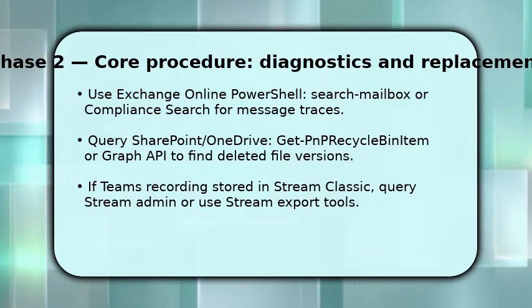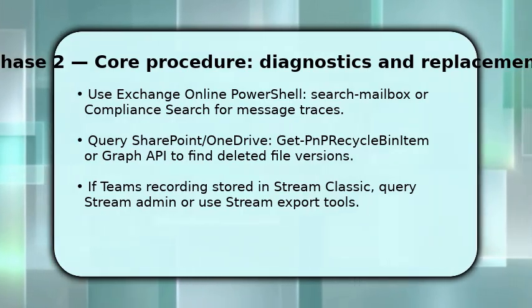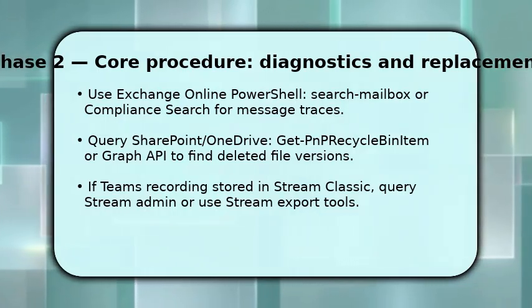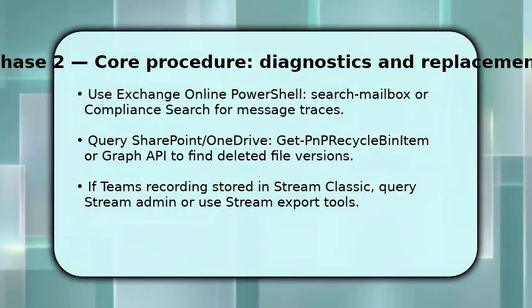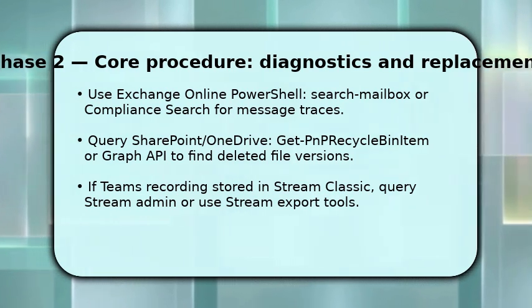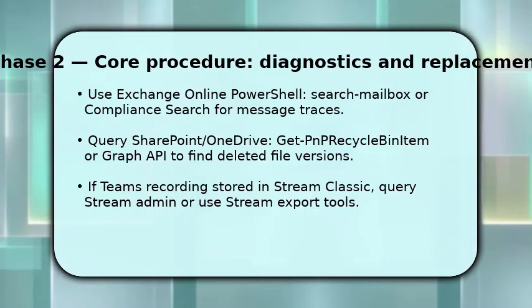Use the PnP recycle bin item cmdlet or Microsoft Graph to enumerate deleted file versions and document ID. If the tenant used Stream Classic, run the Stream admin export to list videos. Once you locate the file ID, prepare the restore command. You will need the exact